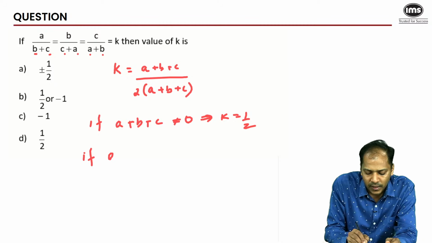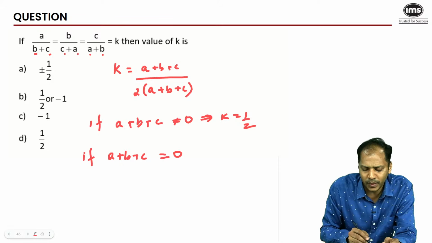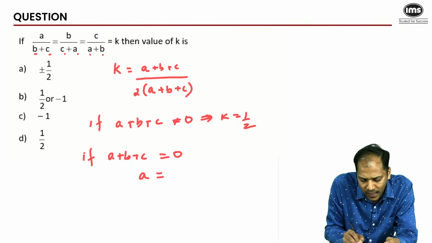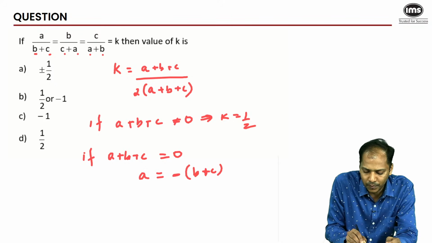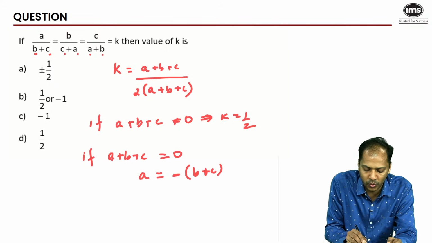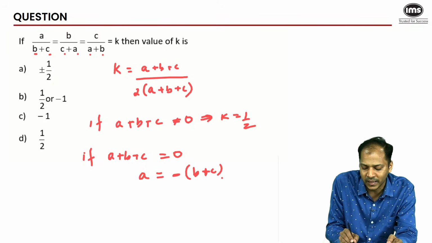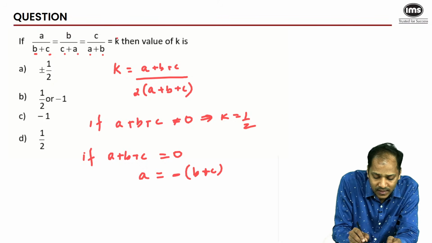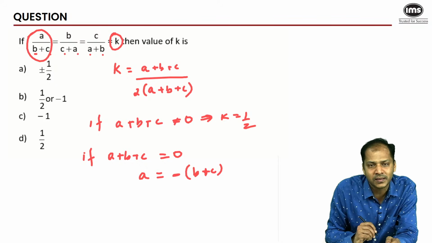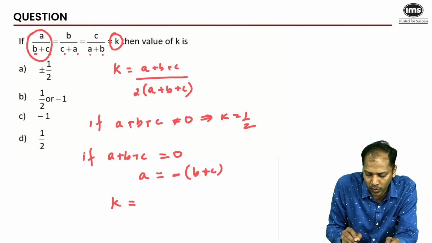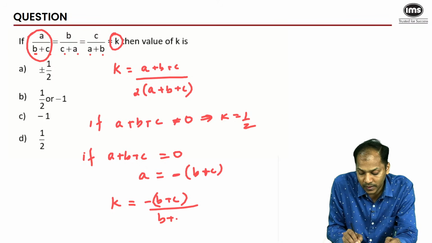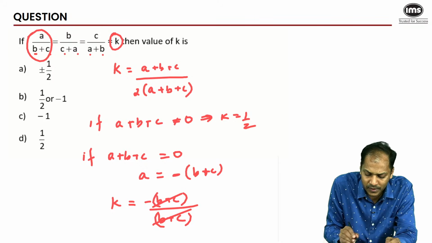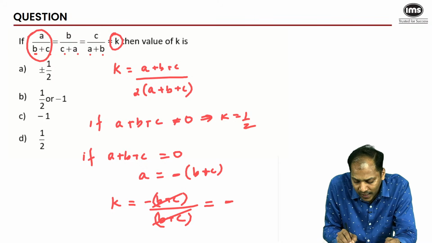But if a plus b plus c is 0, in that case you cannot cancel out. In that case you would say, therefore a is equal to minus times of b plus c. B plus c goes on the other side, and you'll say b plus c is minus a. And in that case, k is equal to a upon b plus c. So k is equal to a, which is nothing but minus times of b plus c upon b plus c. The b plus c and the b plus c cancel out,